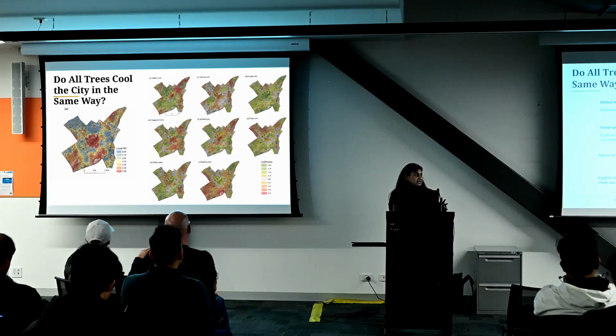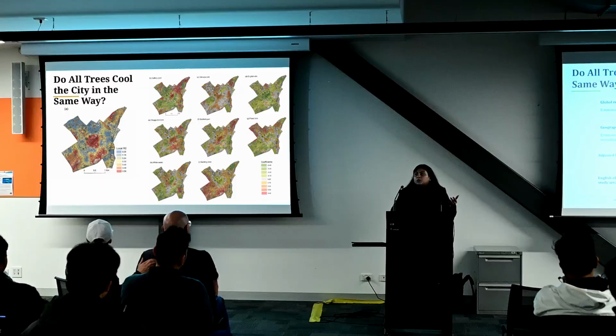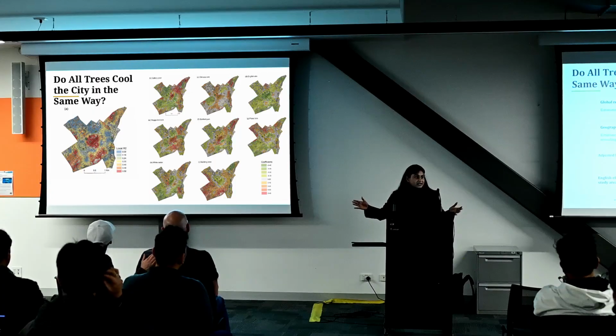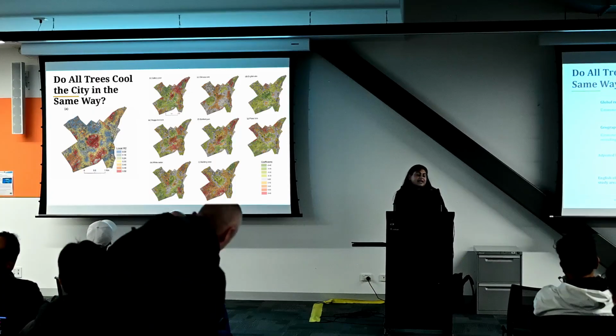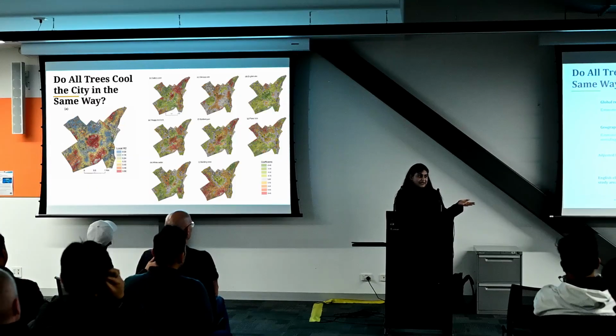So my idea here is how we can use this AI and deep learning model to generate insights so planners can target. If English elm is providing or predicting land surface temperature, we might just focus on planting more of this species rather than doing a lot for others, right? This kind of insight generally cannot be found in maps alone, as I go back to my speech. So that's why I want to focus on that.